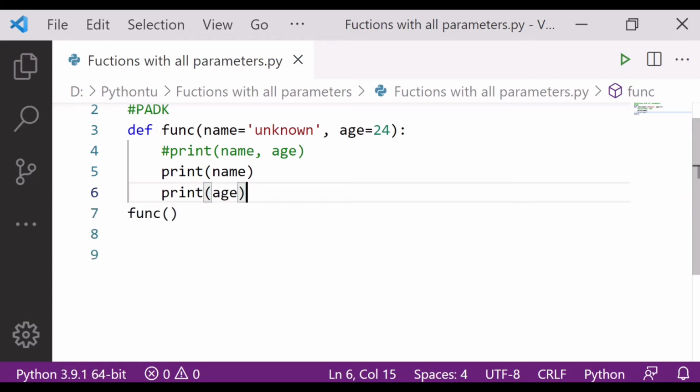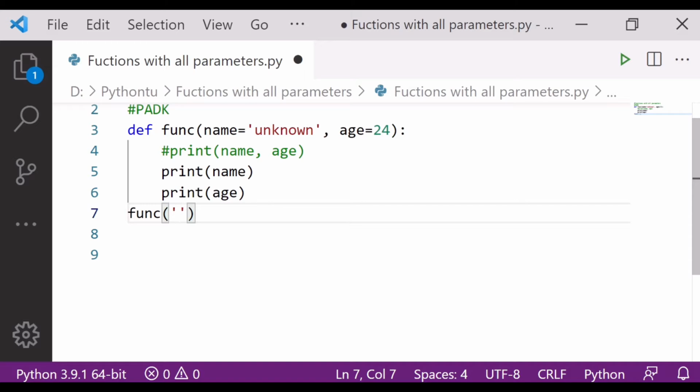This is a simple function, how to call it and how to print the output. What will happen if I write down the output over here? Output in the sense I'll define the parameters, the arguments, over here.